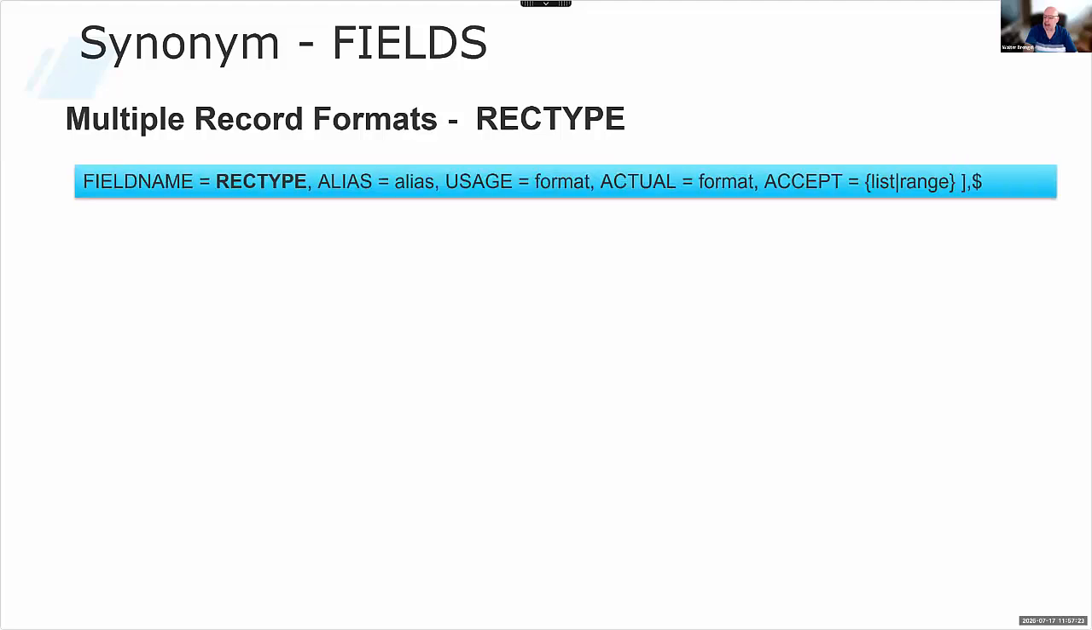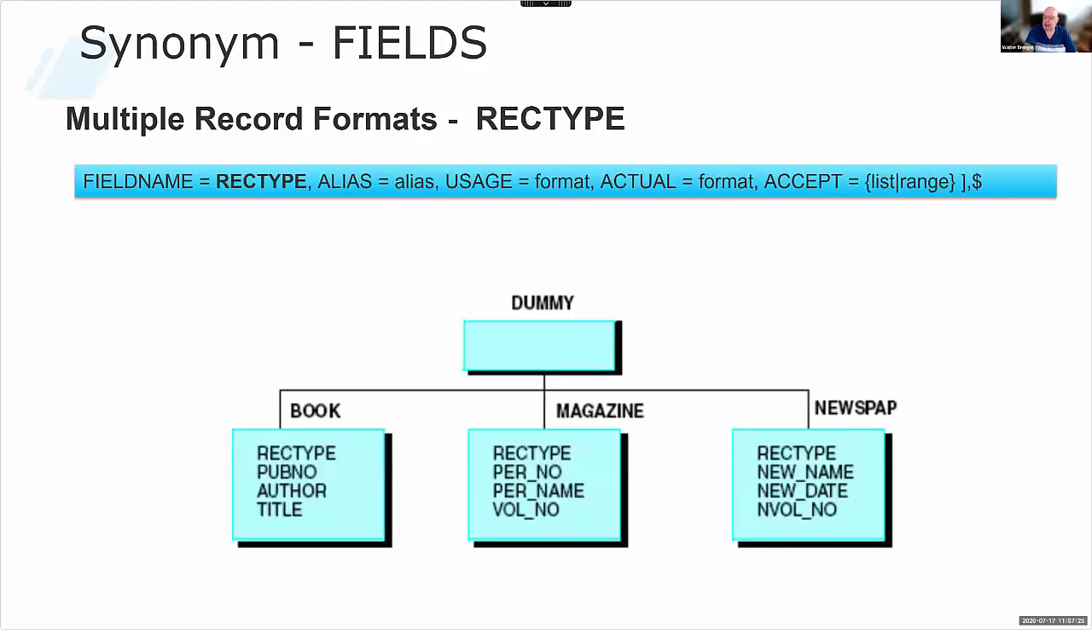Okay. Sometimes you have a file where none of the record types are related to each other at all. So here we have a book record, a magazine record, and a newspaper record. No relationship across any of those. But they're in the same file, and you want to be able to report. So you may do a book report, a magazine report, or a newspaper report. So you can create one synonym that reads that data,